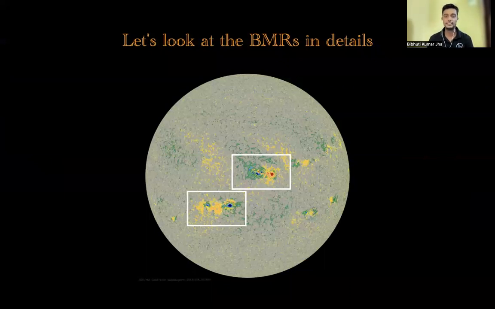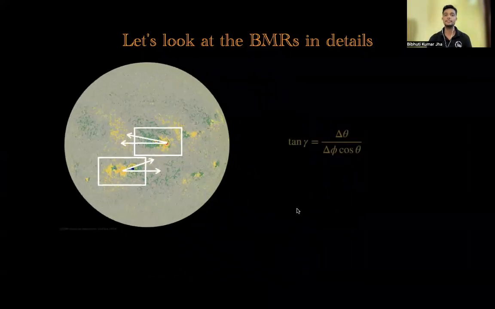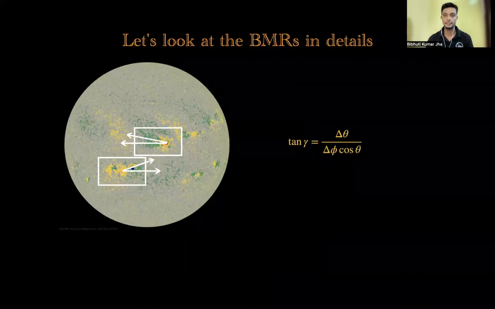Bipolar magnetic regions, abbreviated as BMRs, are regions of strong and concentrated magnetic field on the surface of the sun. As you can see inside these rectangles, the two colors represent oppositely directed magnetic field lines. Something interesting about BMRs is that if you join the centroids of the opposite polarities, the line joining them is tilted with respect to the east-west line, and it is called the tilt angle of the BMRs. It is defined as tan gamma equal to del theta upon del phi cos theta,